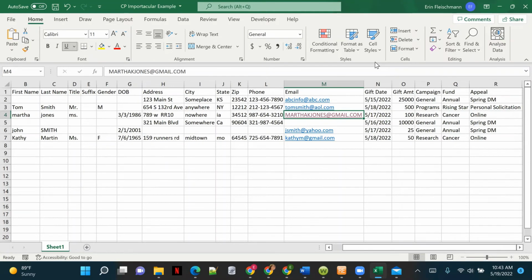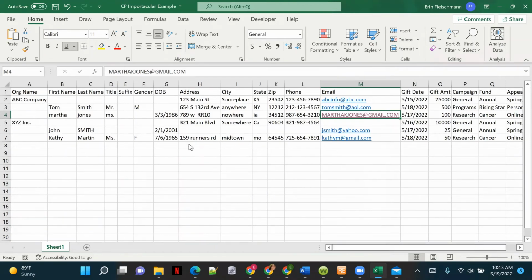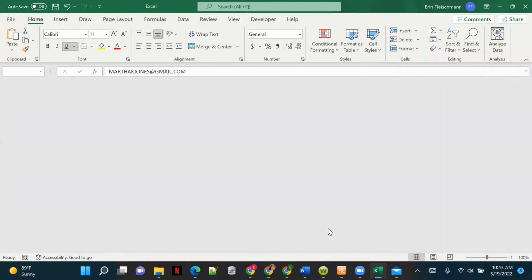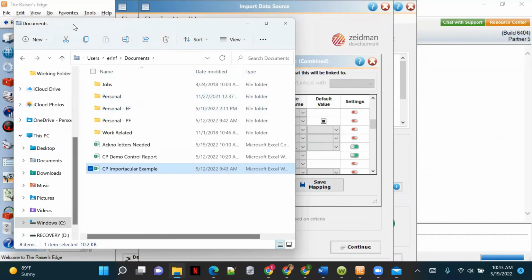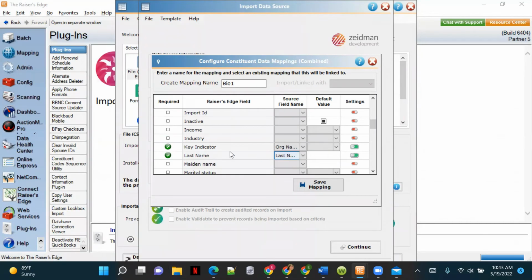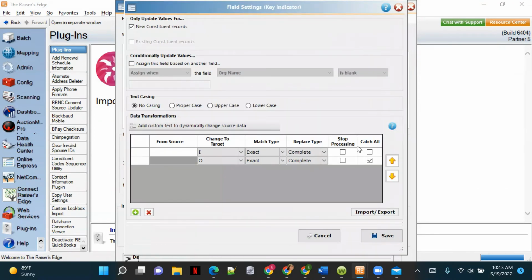So, pay attention, because you don't have to clean up your data in your spreadsheet by using Importacular. That's the beauty of it. So we're back here. Since I don't have a key indicator, it is a required field. What I'm saying is look at the org name. And then I'm coming over here to settings, and I'm saying